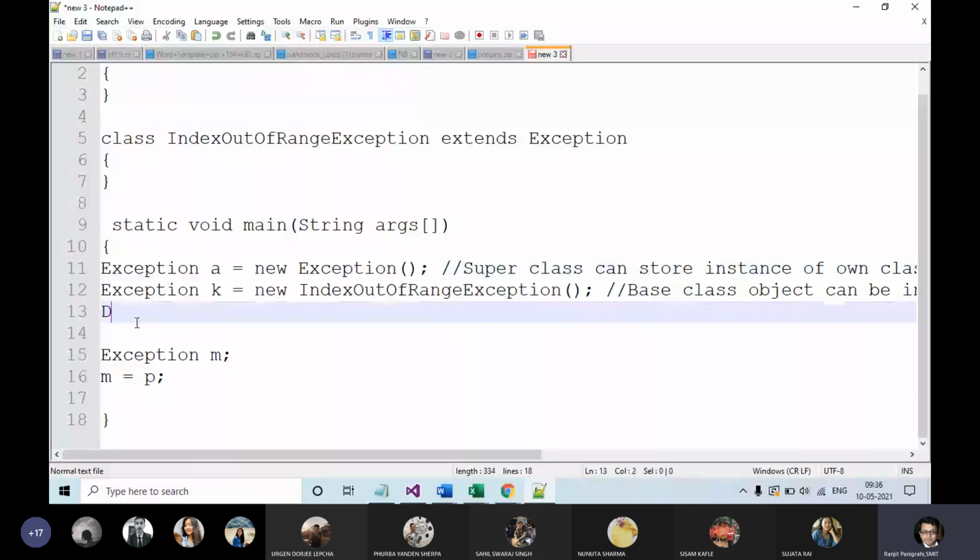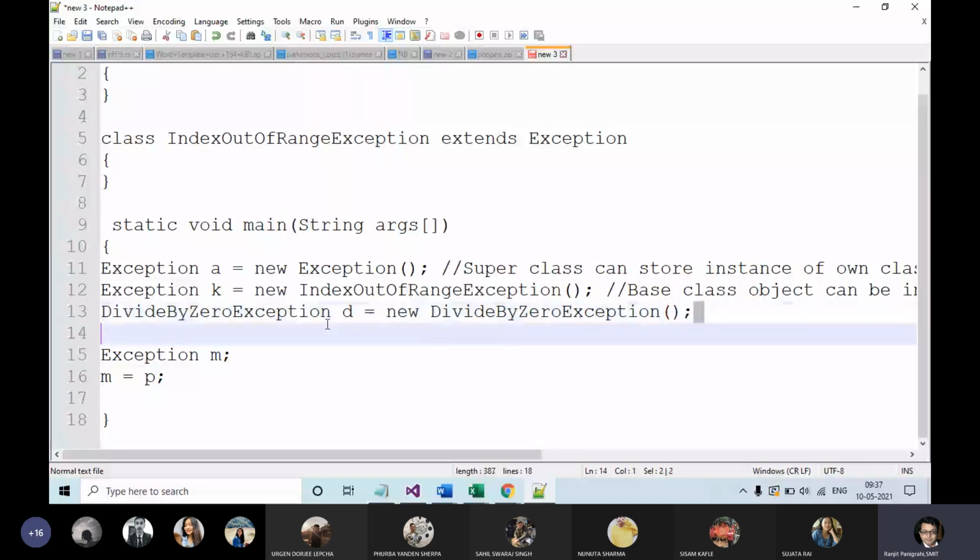So it is throwing a divide by zero exception object. So this object has been thrown out and it has been taken care of by the divide by zero exception object.